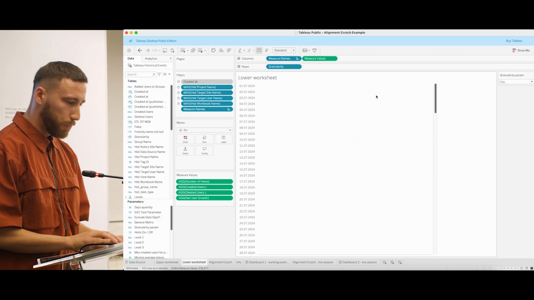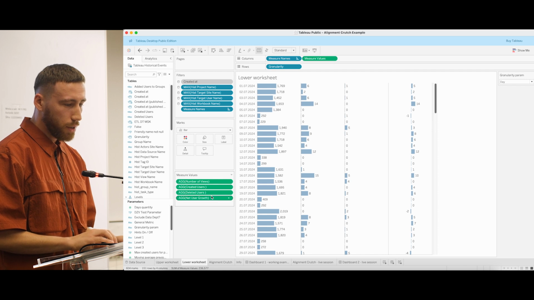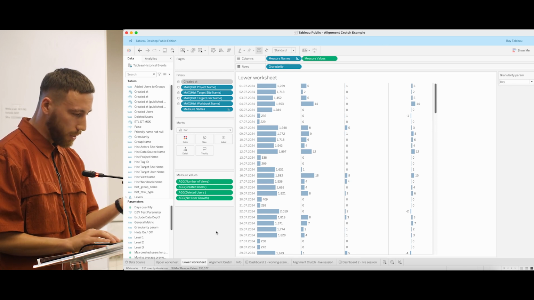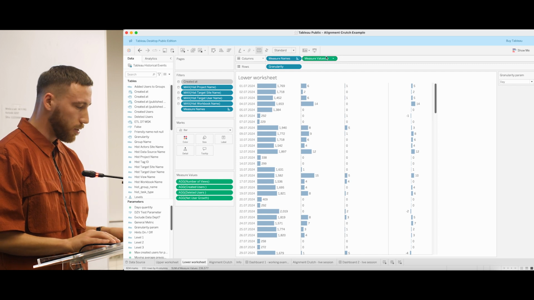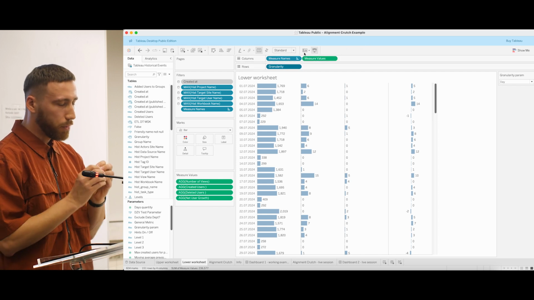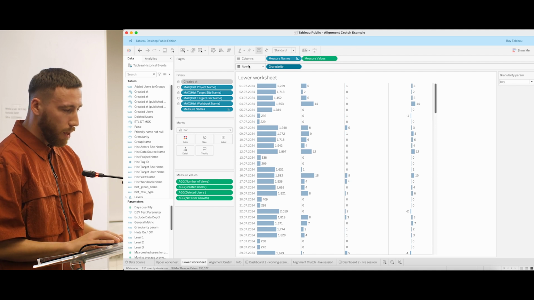So what should we do? We should create a duplicate of the lower worksheet, this one. You just duplicate it. You remove all the fields except this granularity one, the rows dimension. After that,